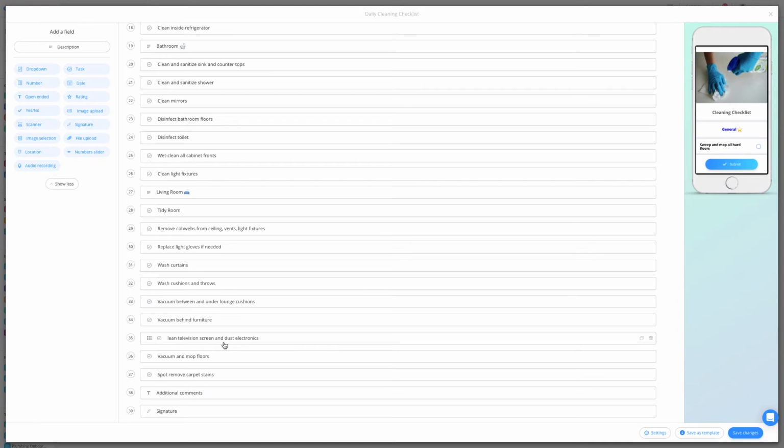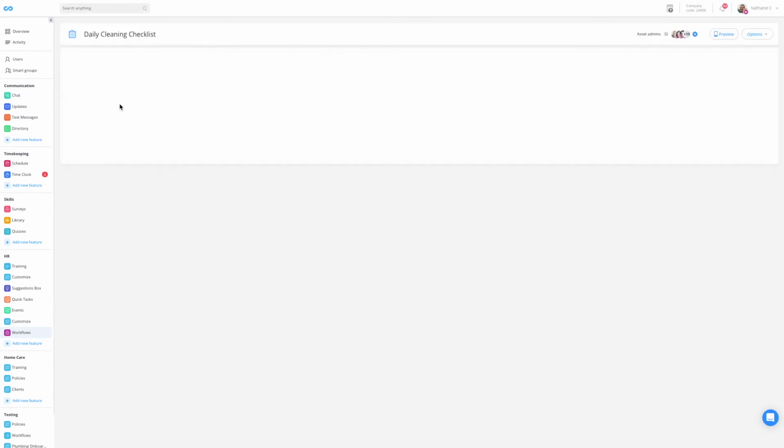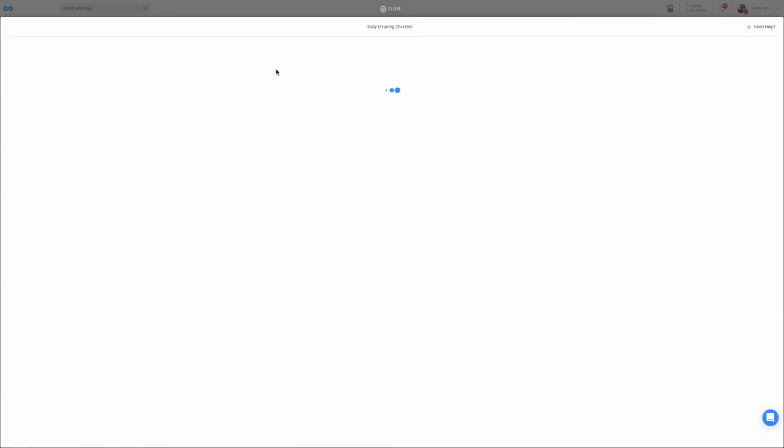Now, let's have a look and see how our workflow looks after we've had a few submissions. For this example, I'm going to enter my daily cleaning checklist. Here I can see that I have 3 entries, and I can go inside and I can see exactly what